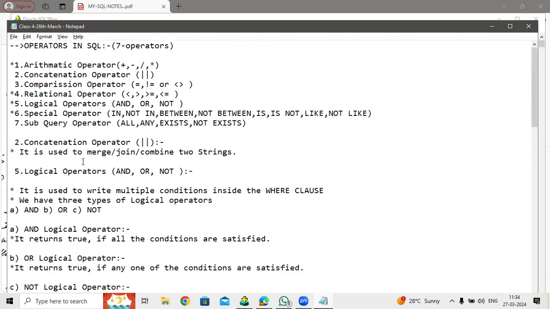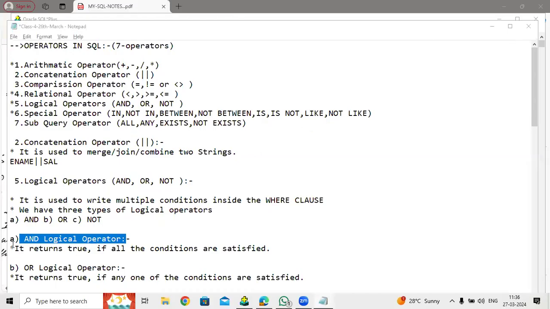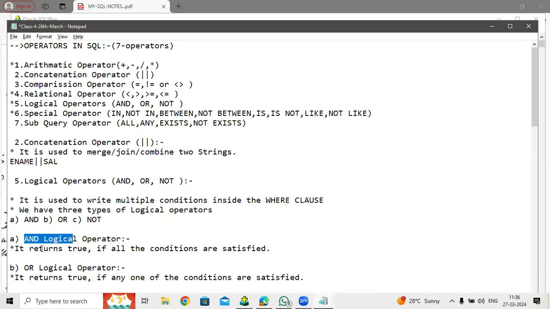So make a heading, logical operators. We shall solve a few queries on it. For the AND operator, write a query to display